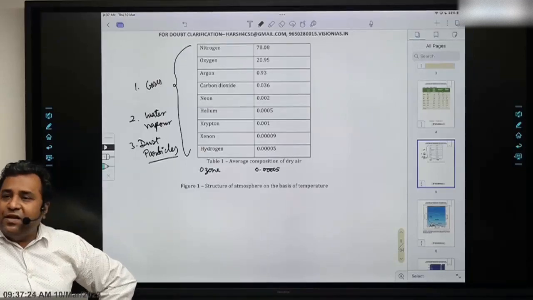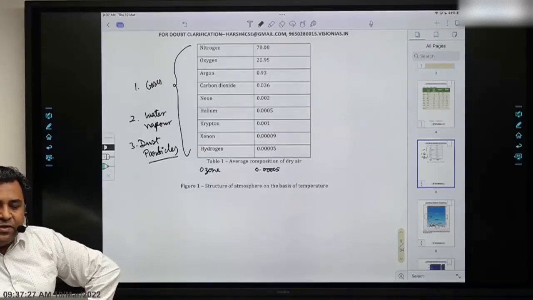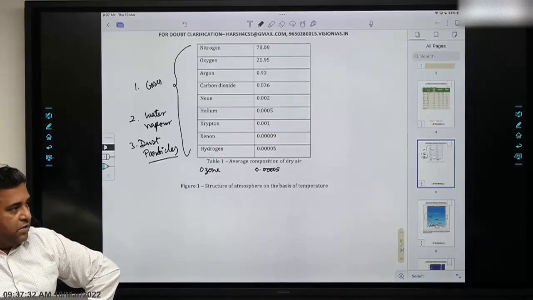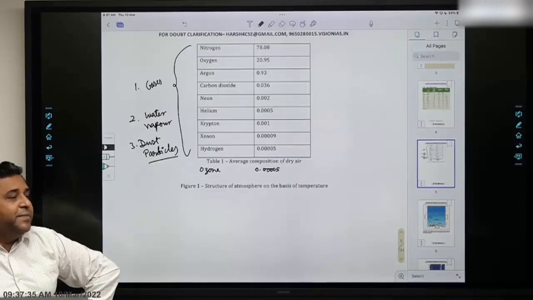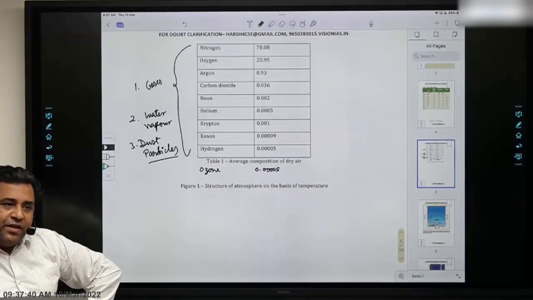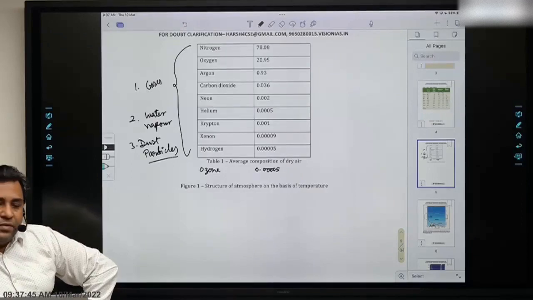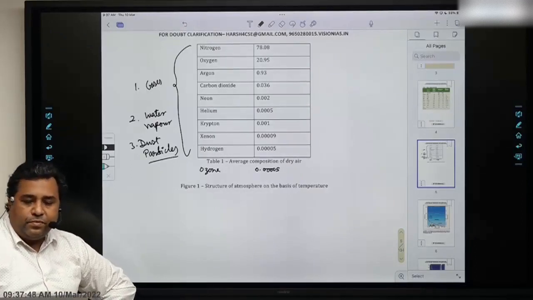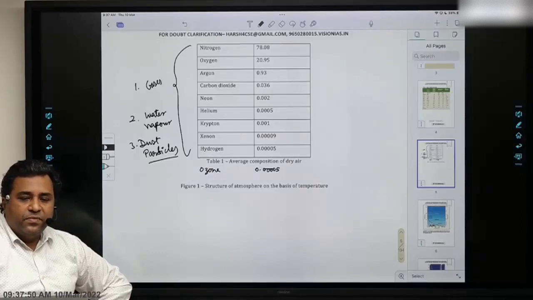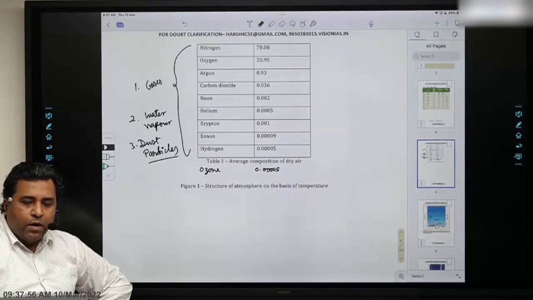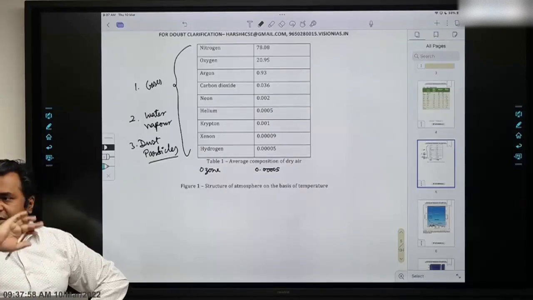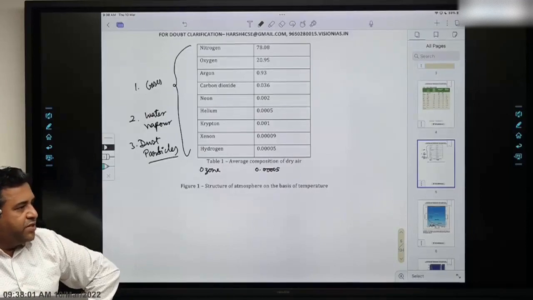Okay? Now, is there any other source of dust particle apart from this? और कुछ है? Very good. So space. The dust coming from space. तो space से भी dust आता है. But वो बहुत छोटा amount है. That's a very small amount. Right? So we can write a small amount of dust comes from space also. ठीक है? All right. So good enough. So you understand the sources of dust particles. Sources समझ में आ गया.